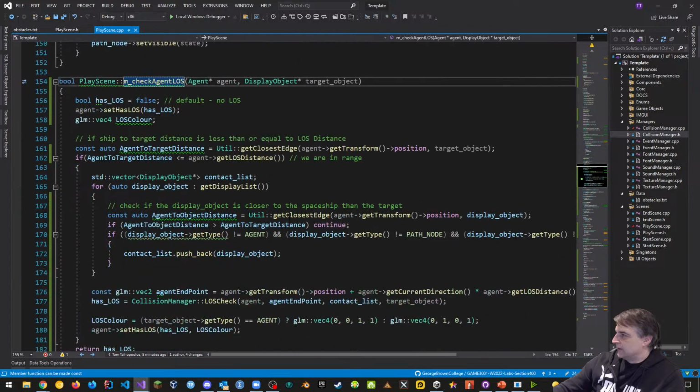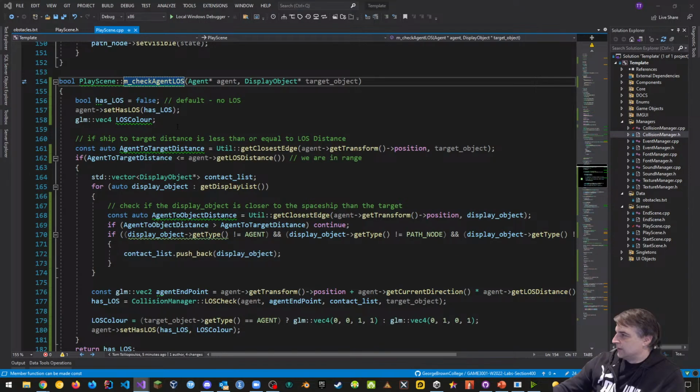There could be an error in this little function here, this function that is actually a monster function. Let me just check it one more time to make sure that we don't have any issues, because that's the function that could have issues. Check agent line of sight. We're going to say goodbye now, but I wanted to make sure that you guys are good with all this.